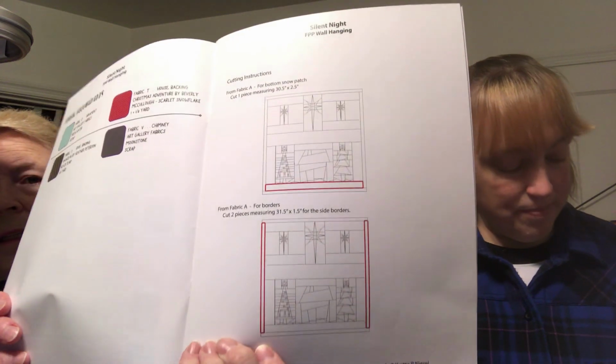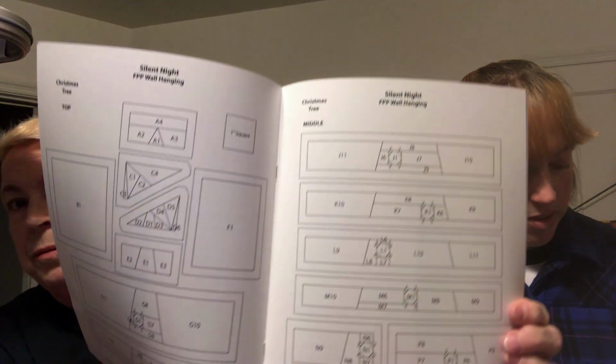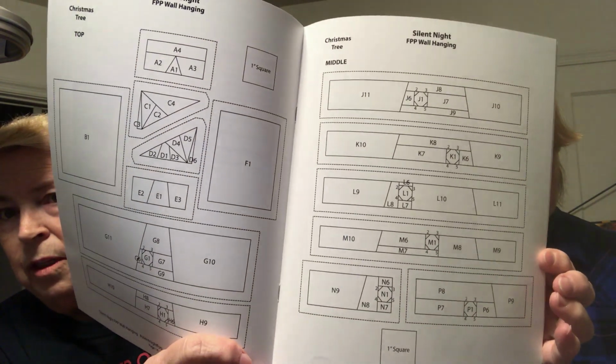Okay, and her directions are really, really neat, guys. Look at that. It has all the directions on all of it. And along with, now, here's your, see your pattern in the book? This is what you would get when you normally get a book. Well, good old Yvette, because she is the best, she actually gave us